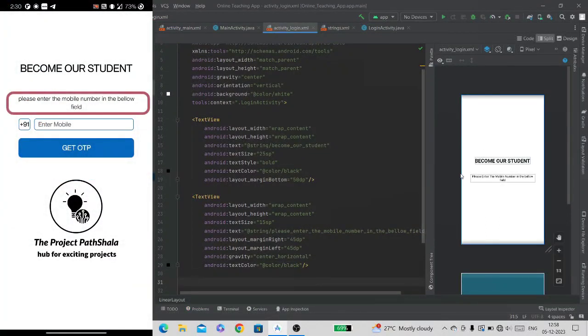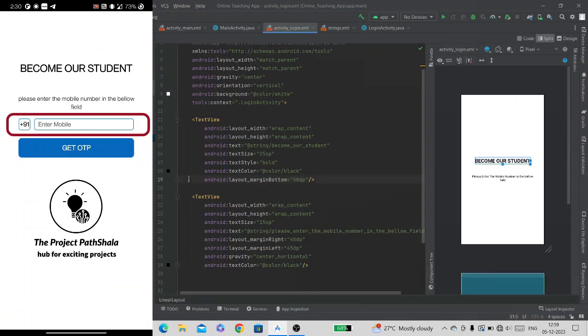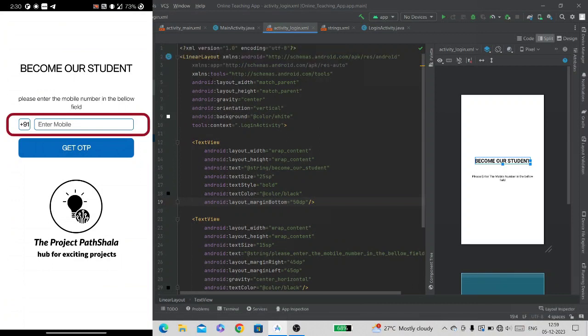Now that we have created the second text view as given in this image, now we will create this text and this input. And here in this image you can see that the +91 text and the edit text are positioned horizontally, but our layout orientation is vertical. So if we add these two views inside this layout, they will get arranged vertically.